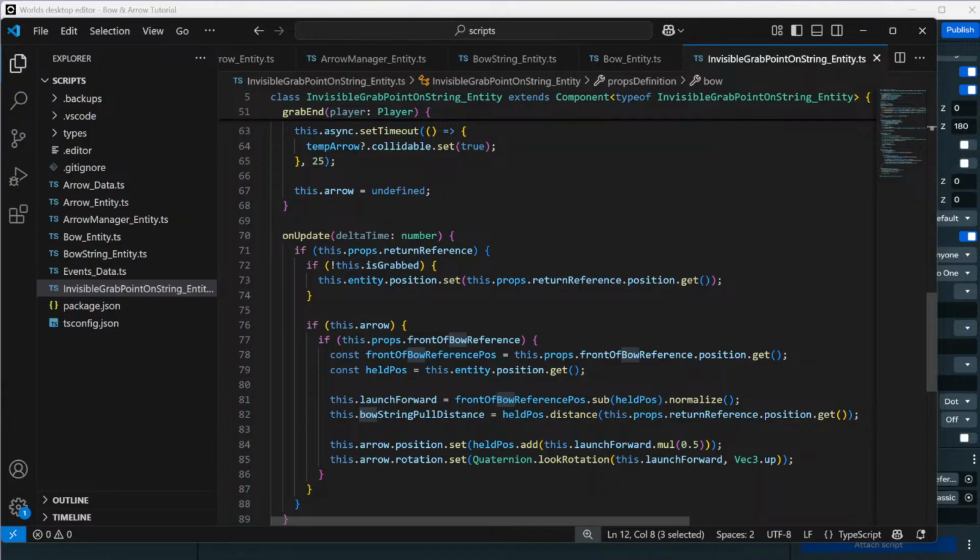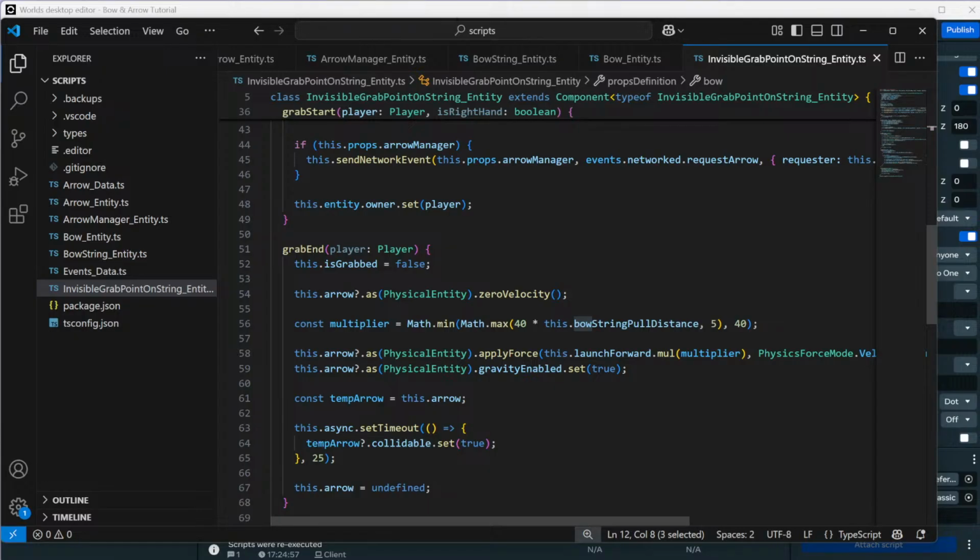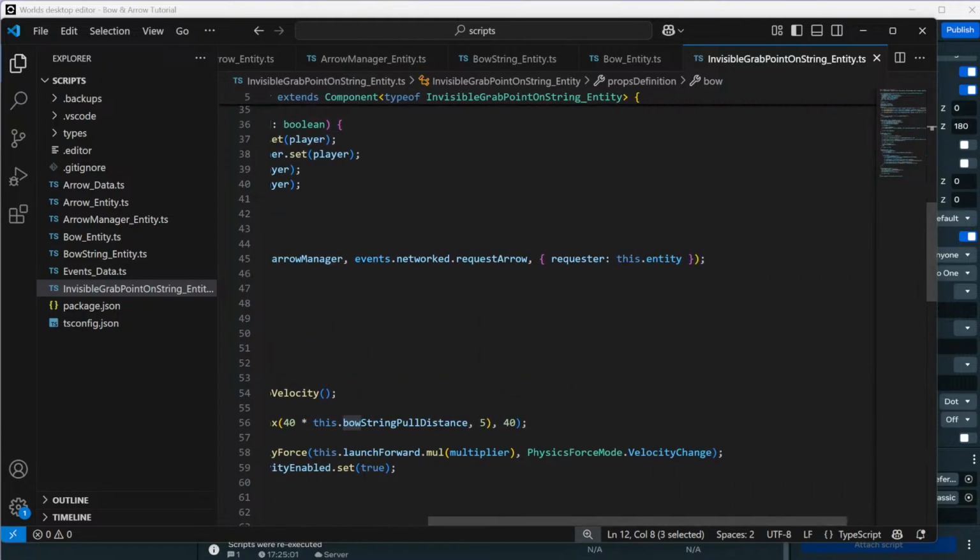Should be, your arrow is, it's before that. Here it is, send network request. The requester is not that. We want to go to